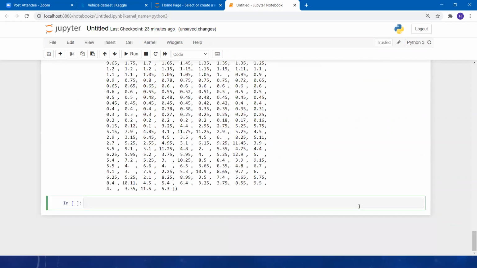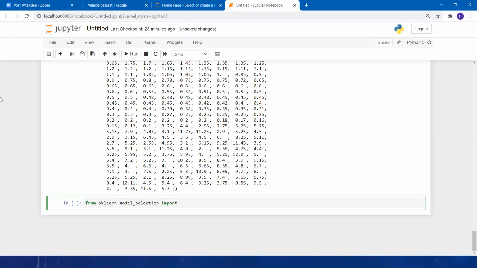Now again, after that, we have to separate our data into our training and our testing data set. For that, we need to use our train test split. Now we are going to import this from sklearn.model_selection.